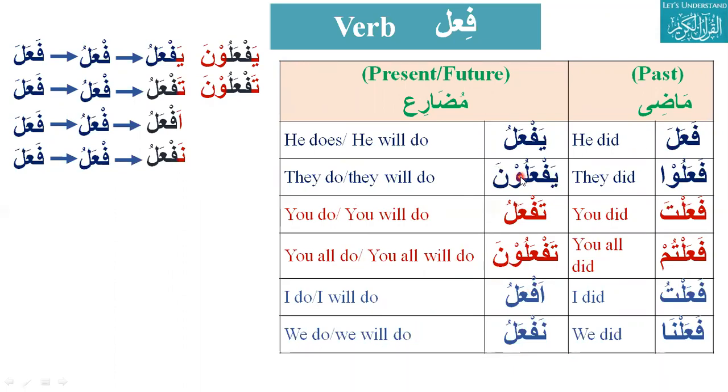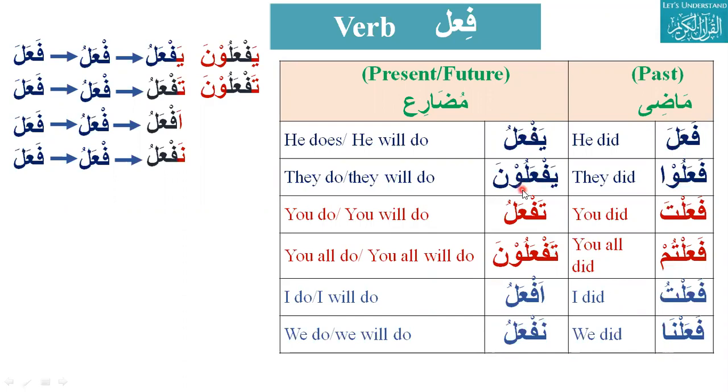First thing, the order should remain the same. Third person singular, third person plural. Second person singular, second person plural. First person singular and first person plural. This is all. So if I start from fa'ala, reach here with little practice, we have to put some effort so that these things come at our fingertips. This is the template, and you will see that if we take any other word, it is very easy to make. Fa'ala, fa'alu, fa'alta, fa'altum, fa'altu, fa'alna.